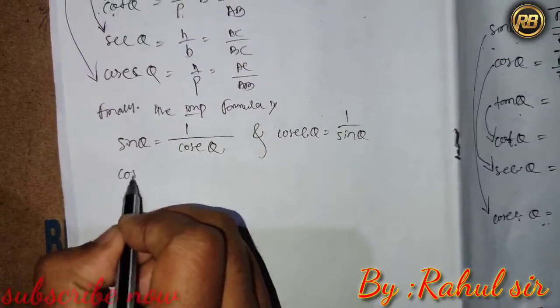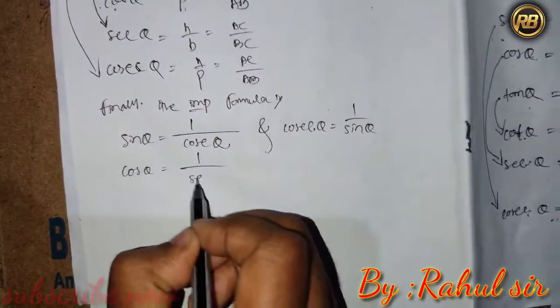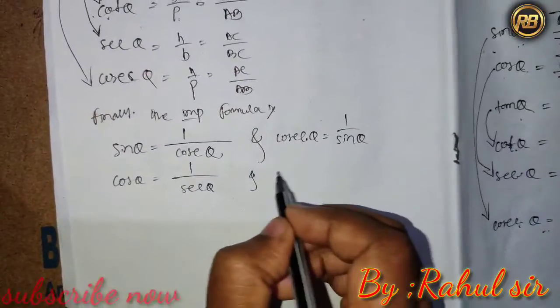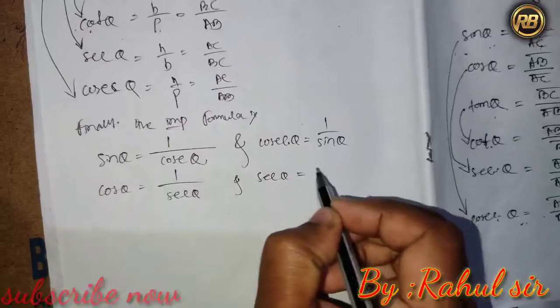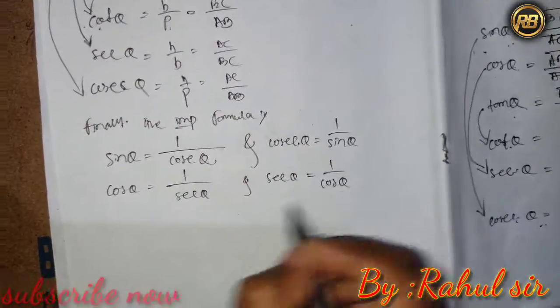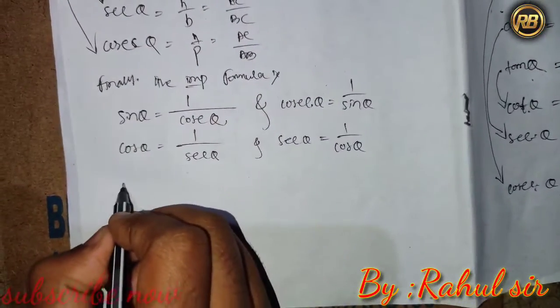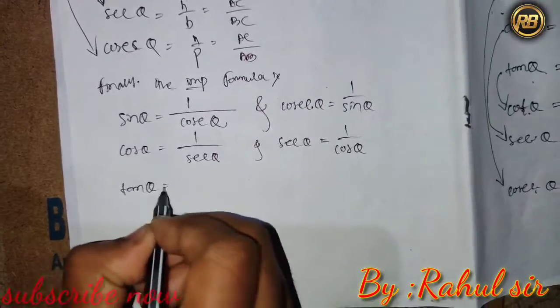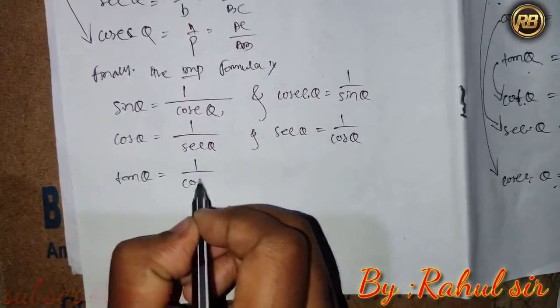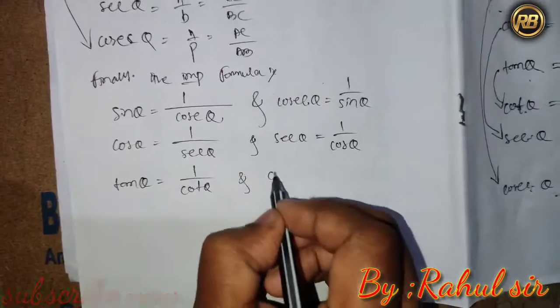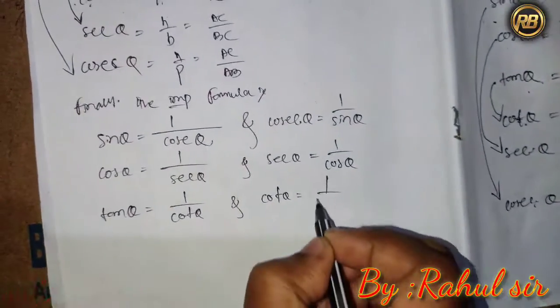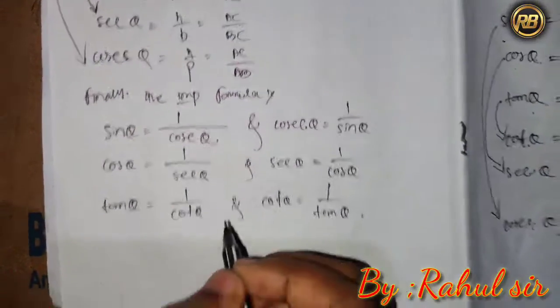Then cos theta equals 1 by sec theta, and sec theta equals 1 by cos theta. Then tan theta equals 1 by cot theta, and cot theta equals 1 by tan theta,